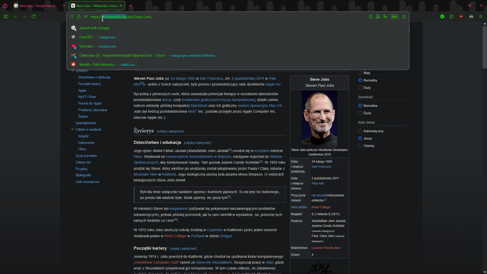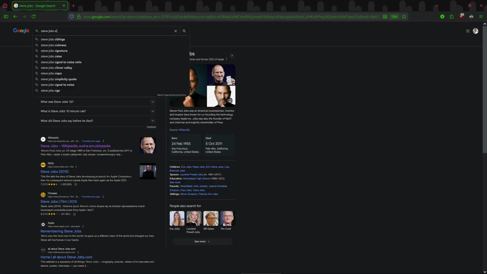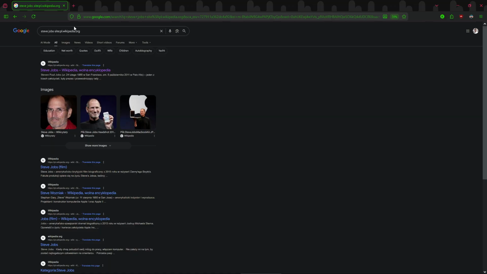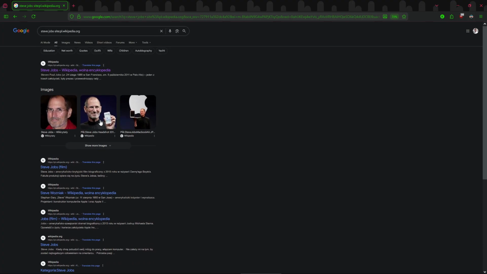So I will copy the link to the Wikipedia and I will use one of the Google advanced search operators called site, like this, and when I click enter I will get only results from Wikipedia,